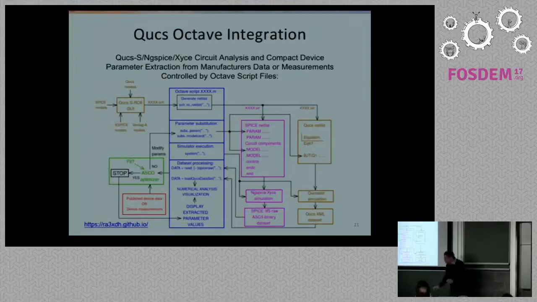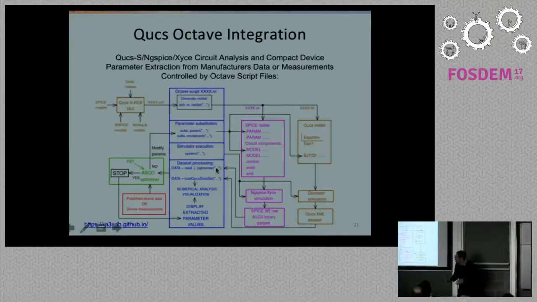This example is better. You can more easily run it if you run Quax S, which is a friendly fork from QX, which is giving more support to SPICE or ngSpice and Xyce simulators. But basically, you will start with a schematic and a set of parameters. Then from the schematic, you move into Octave, and then you produce either a SPICE netlist, which is the purple one, and you run SPICE, or you produce a QX netlist, you run QX simulations, and then you bring this